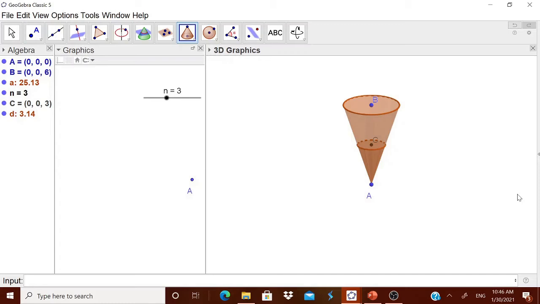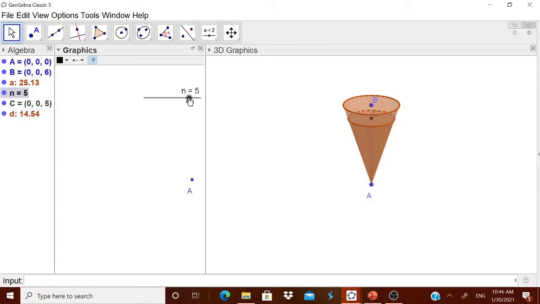If it is 2, it should be 2n by 6. If it is 3, 3n by 6. If it is 4, 4n by 6. You have to remember this in your mind. Very simple. Okay. Now, when I move this, you see inside it goes only up to that. Okay, now we have to make some changes.